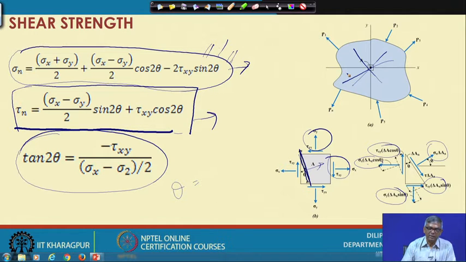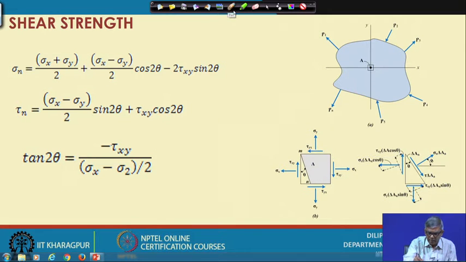So, using that circle, sometimes we will be able to find out different things: what is the maximum, what is the minimum, what is the maximum shear, what is the maximum normal, what is the direction, or if you want to find out at a particular orientation what is the shear and what is the normal, all those things we will be able to find out. So, how to find out that Mohr circle? First I will explain that, and then use of Mohr circle in further detail I will discuss. So, you can see here